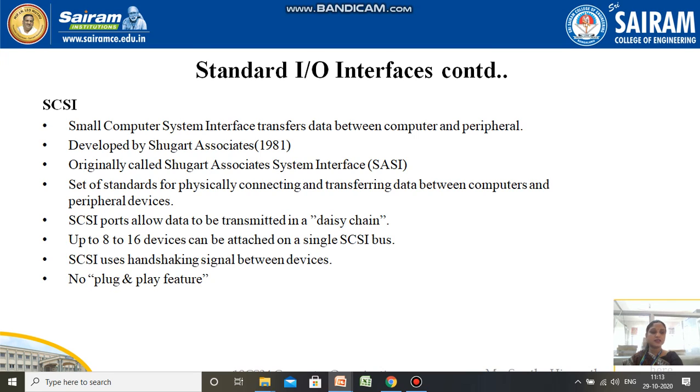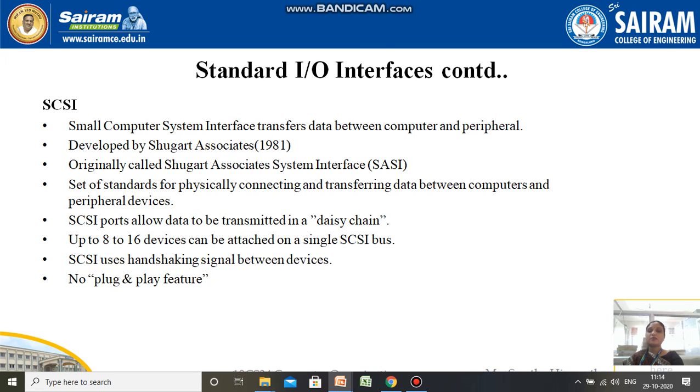If they get installed successfully, then only they are allowed to transfer data over this SCSI bus. SCSI ports allow data to be transmitted in a daisy chain. Daisy chain means devices are connected serially or linearly, and the device with the highest priority is the one from which data transfer takes place over this SCSI bus.